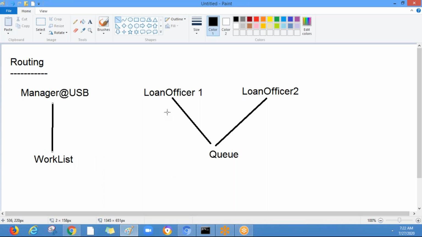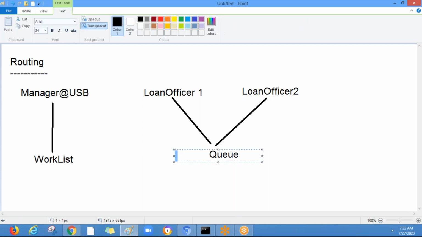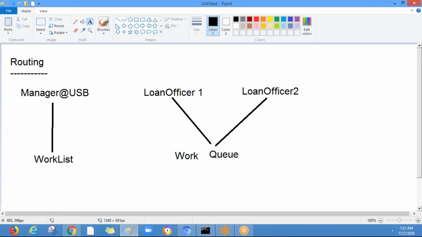So there are two types of routing available: work list and work queue. Simply, work list is transferring the work to a single operator, and this is transferring the work to multiple operators. This is called work queue, and this work queue will be associated with the work group.